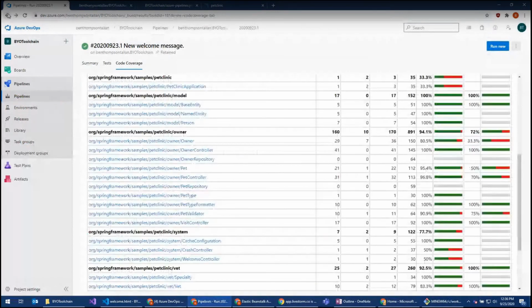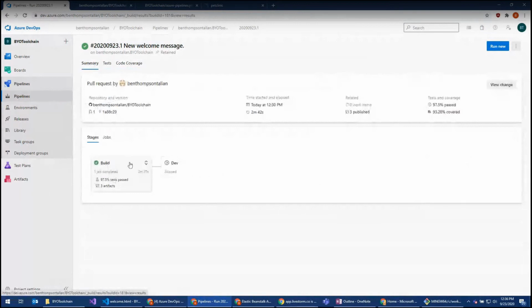I just want to show one more thing, which is that we ran the build, and it did not run the dev deploy. And that's what you want from your pull requests. You want to make sure that your automated tests run. You want to make sure your build is successful against the code, but you don't really want to deploy it out to your environment. In general, there's cases where you might want to do that. If you want to run like a UI test or something, you might want to deploy it out to a